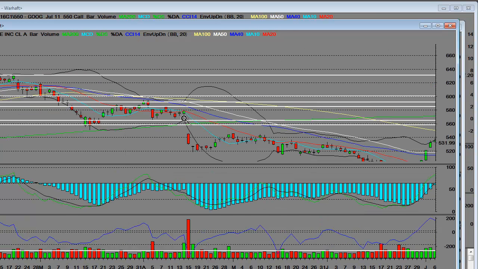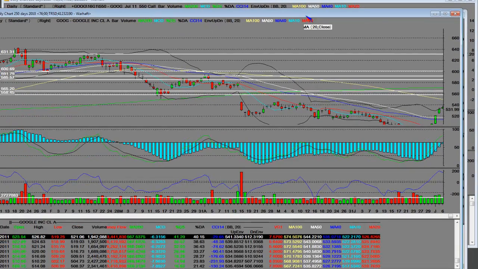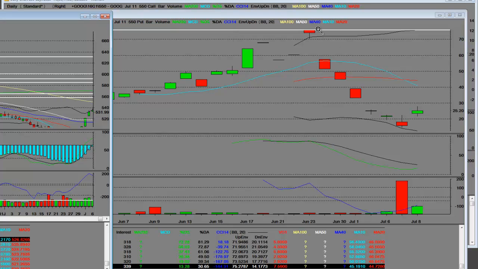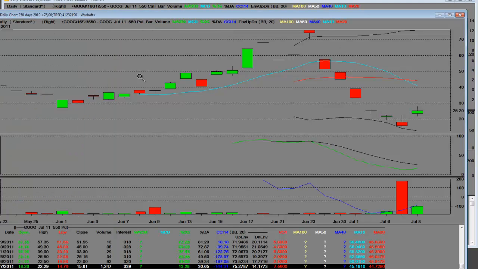When we gap below that 200-day moving average here, that 550 was at its all-time highs. This is that 550 put. And that 550 put at the time when Google was in its bear trend and selling off was $27, and it made the high up here over $70. Why did the $550 put come down so fast? Well, because the $550 put was deep in the money, and it was